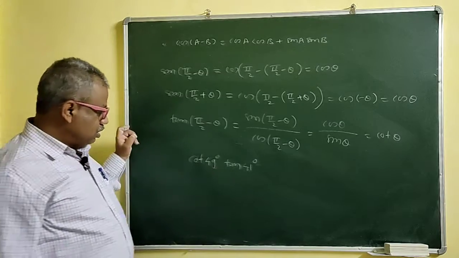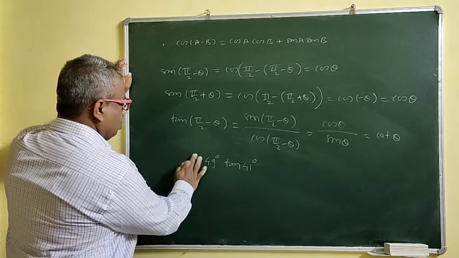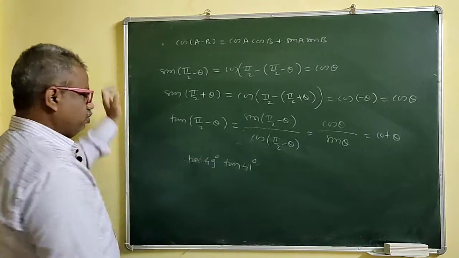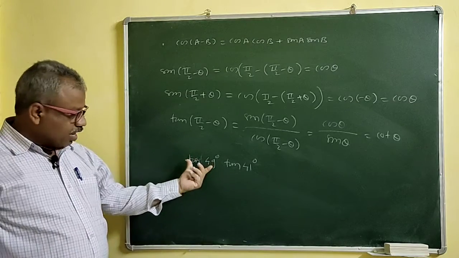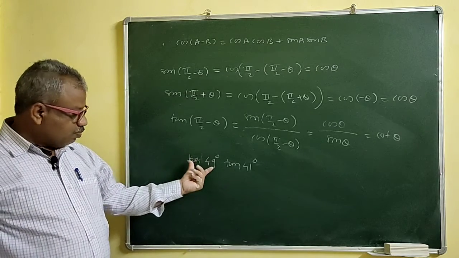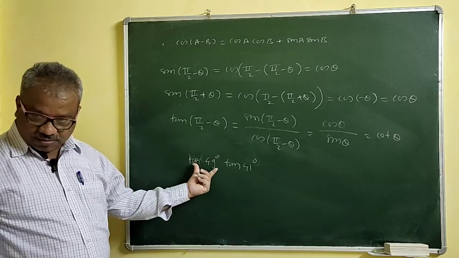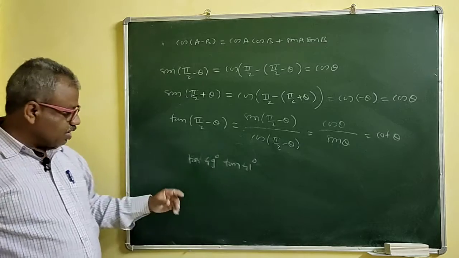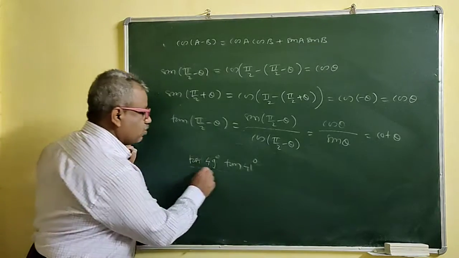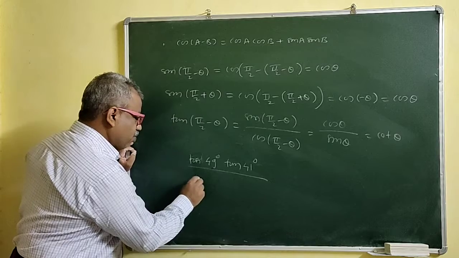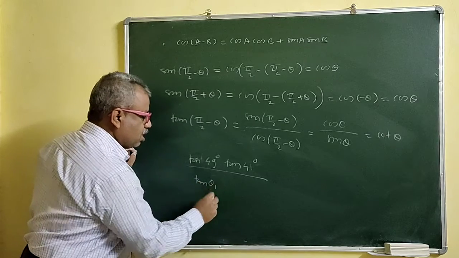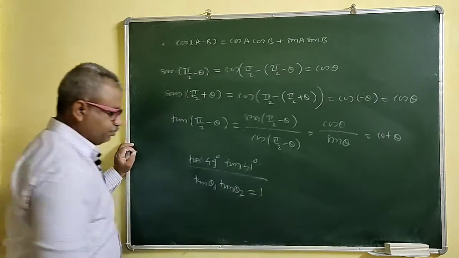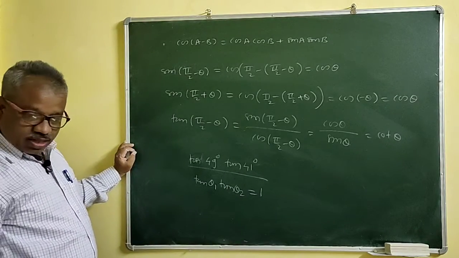So is it true? Oh, here what you have to write is tan, not cot. Okay, tan 49 degree, right? Tan 49 degree is the same as cot 41 degree, and cot into tan, they are the reciprocal of each other, so they get cancelled, right? That means what we get now here is tan theta 1 into tan theta 2 is equal to 1.